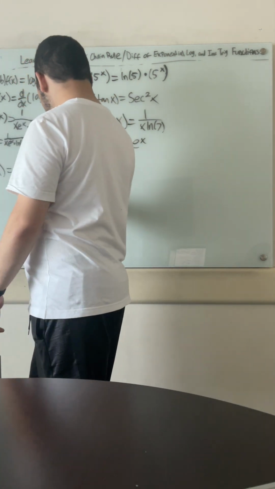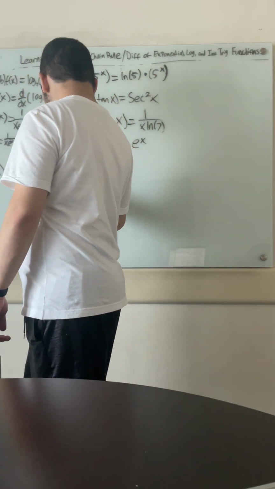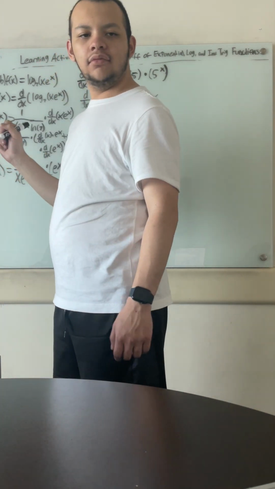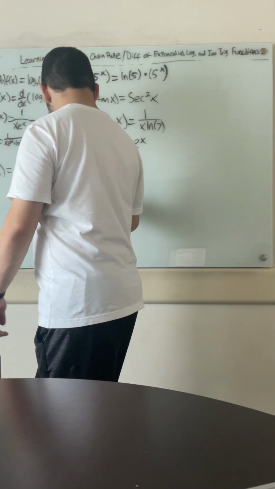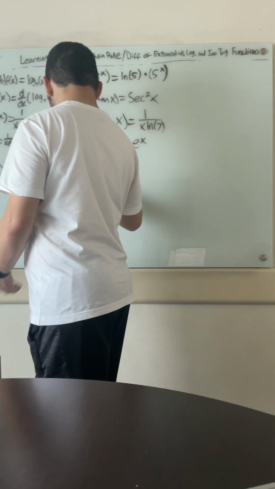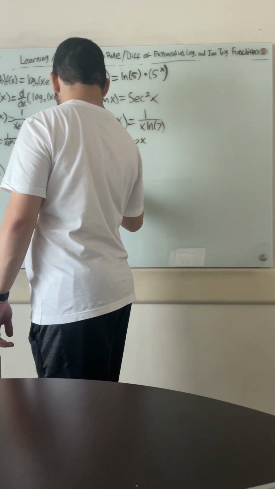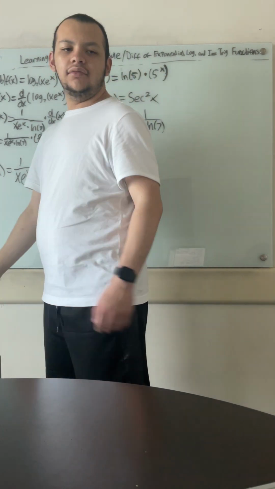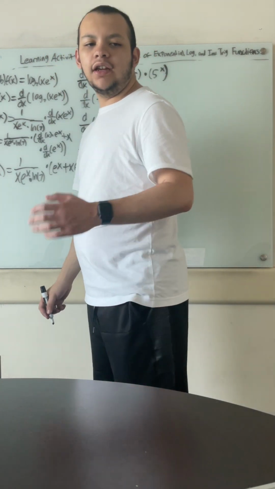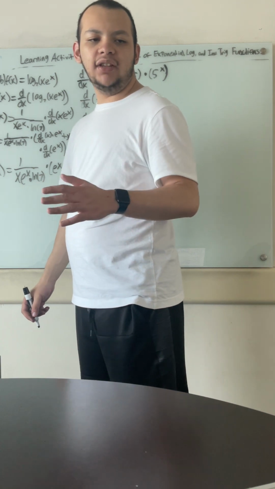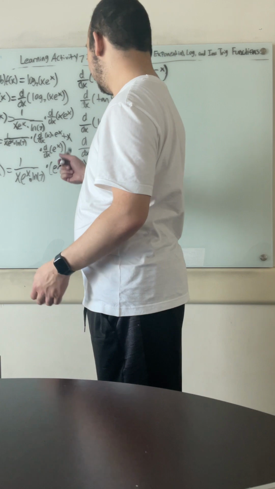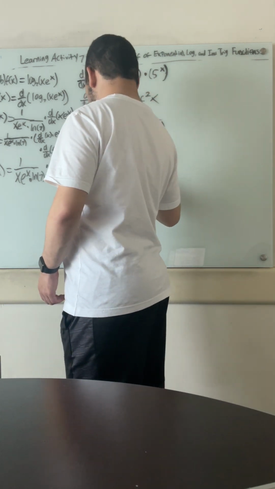So we have e to the x plus x times e to the x, because the derivative of e to the x, as I said, is just e to the x. So now we basically just multiply. We basically multiply this by this. So this is going to be equal to